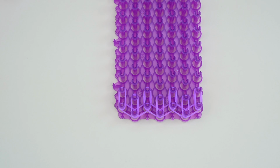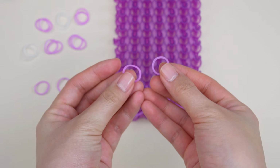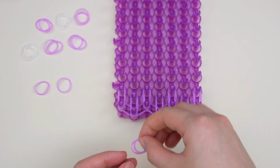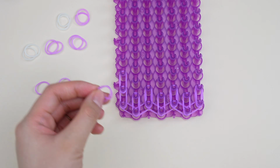That concludes our first row. Now we're going to do things a little differently until the last row of bands. Let's start with row 2. For all of the vertical bands, just remember that we're placing double bands. So by following the diagram where each pixel on the row corresponds to 1 column of vertical double bands, I'm